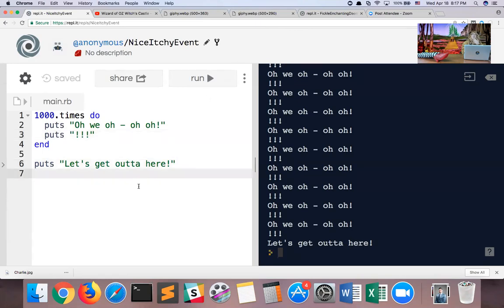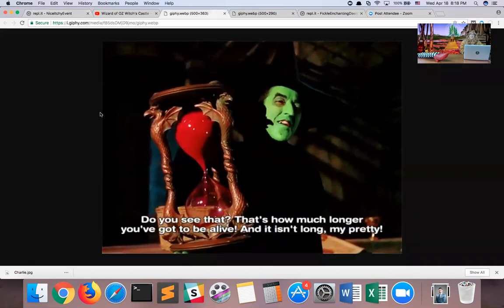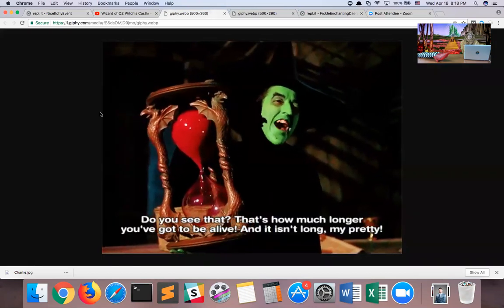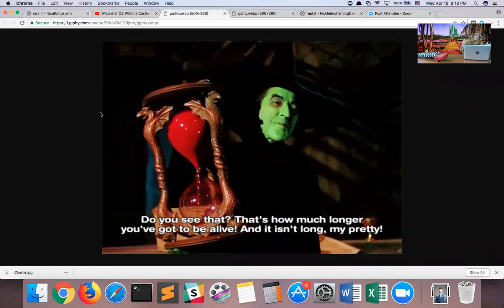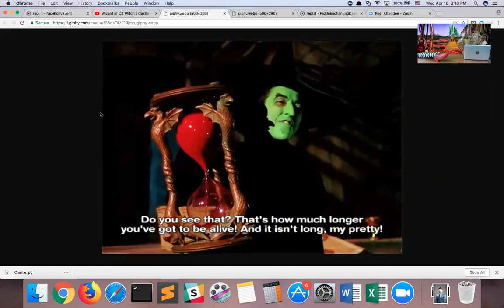Okay, let's move on. Let's first get to perhaps the scariest part, or maybe the second most scary part of Wizard of Oz. And this is when the Wicked Witch of the West takes out the hourglass and says, do you see that?